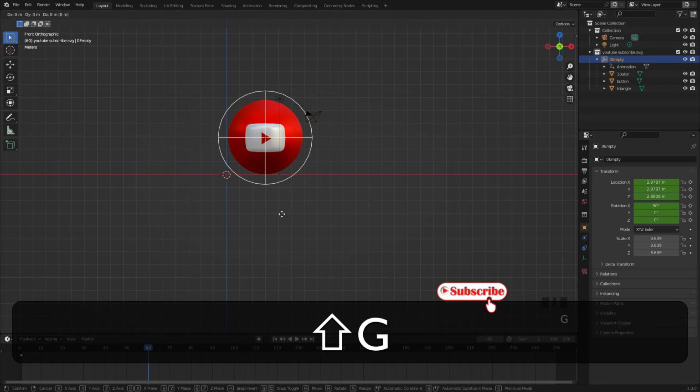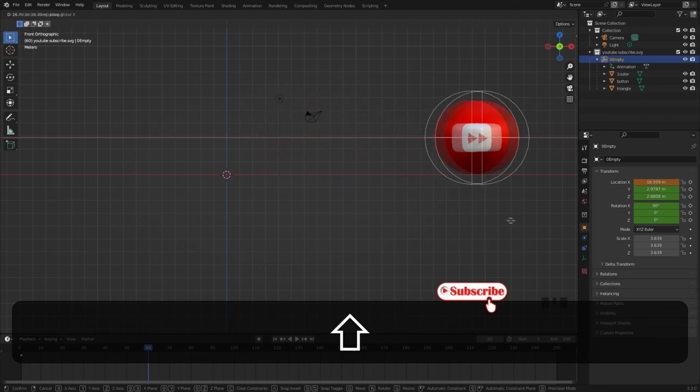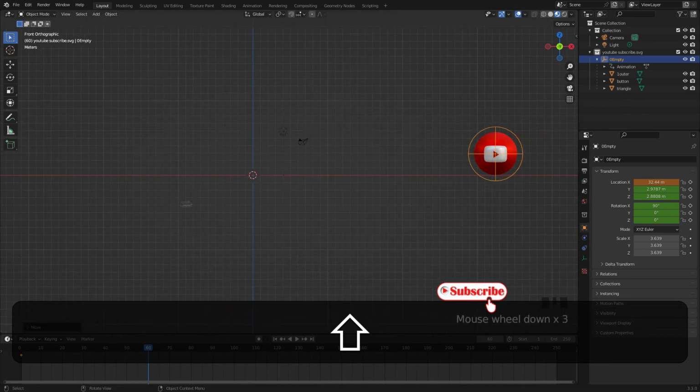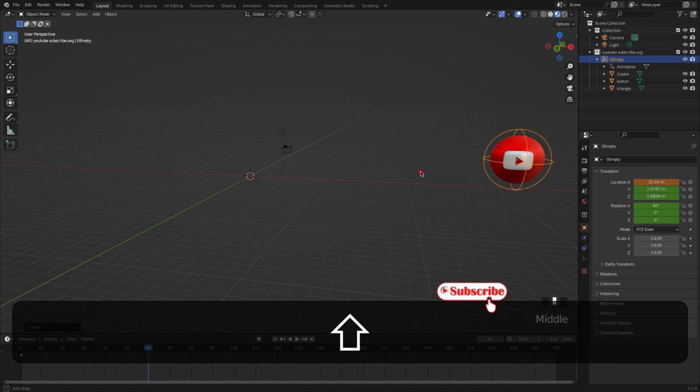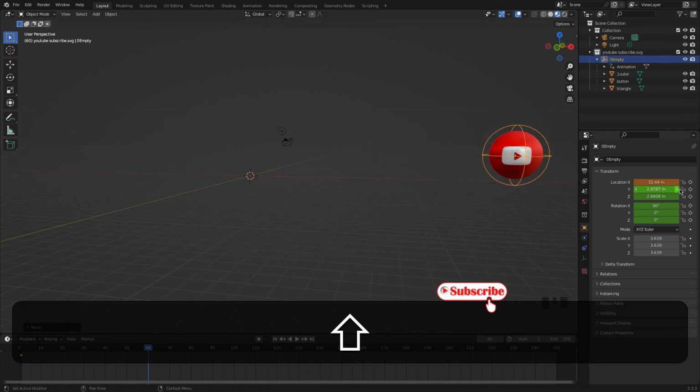So grab along x-axis somewhere here. Okay, and rotate, leave it 90 and rotate this way. Yes, rotate this into 360. Okay, and type I again,